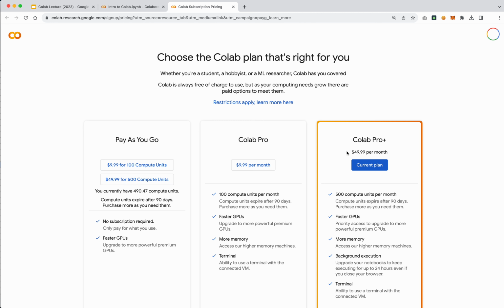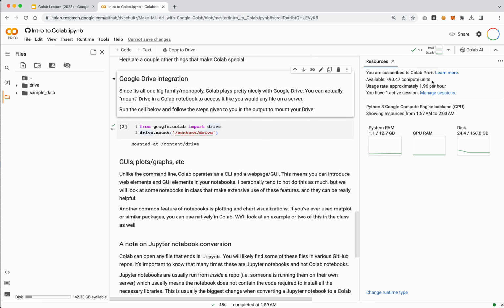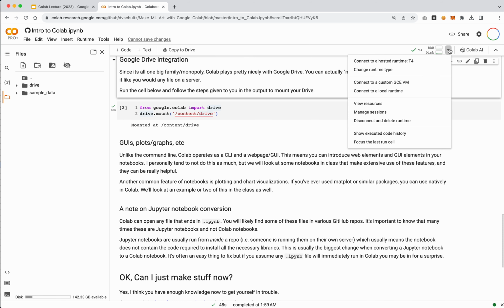It used to be that if you had Pro Plus, they wouldn't allow you to add additional credits until you were at a certain threshold. Now it looks like you can just add them whenever, which is great. So if you do feel like you need to add more credits, you can. But I would need to spend a lot of hours to burn through this many credits. So those are probably the two most important things: keep an eye on your credit count, and remember whenever you are done with your session to hit disconnect and delete runtime.